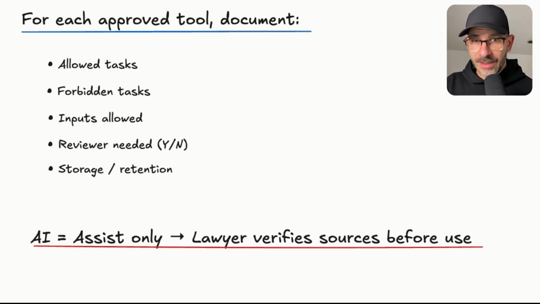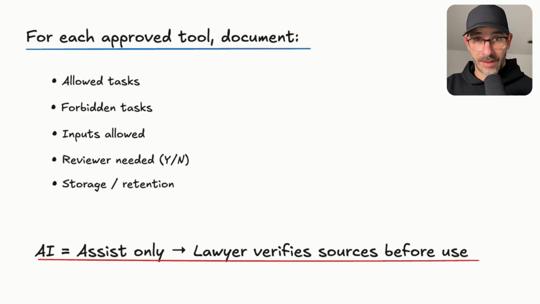What does that mean? Treat your embedded assistants, such as your MS 365, as separate tools. Approve and disable per feature, not per suite. Bottom line here is that tool approval is not a logo list. It's a rules-bound register. If a tool's name isn't there, it's out. And if it's there, its task limits and input boundaries are non-negotiable.